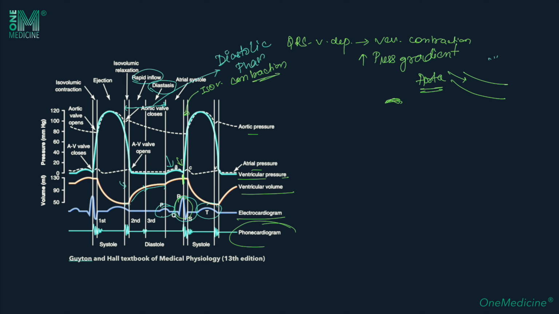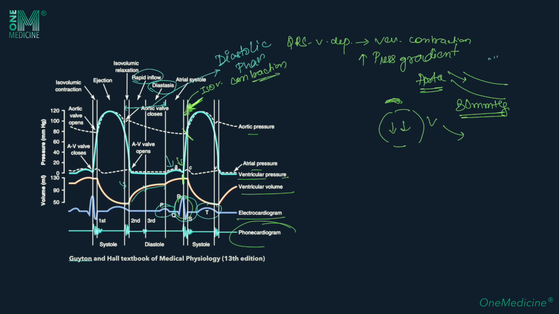The minimum pressure inside the aorta falls to the level of 80 mmHg, okay? Now the ventricles should overcome this pressure. So by contracting isovolumically, they develop a steep increase in the pressure gradient. As soon as it overcomes the aortic pressure, instantly the aortic valve will open, okay? Over here the aortic valve will open, because of which there will be a gush of blood from the ventricles to